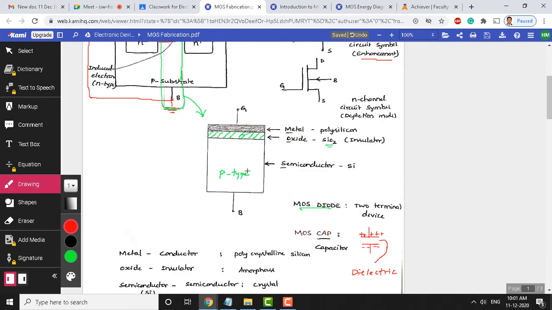Now, let us consider this. The reason why we are calling this a MOS capacitor is because the top layer, the metal layer, which is basically a conductor, and in our MOSFET case it is going to be polysilicon, will resemble a top plate. And the bottom here you can see there is a P type semiconductor, so that will serve as a bottom plate. And in between the metal and the semiconductor, which is silicon, there is silicon dioxide, which is a dielectric here. So, this MOSFET and capacitors are analogous to each other, and therefore this can be called a MOS capacitor.